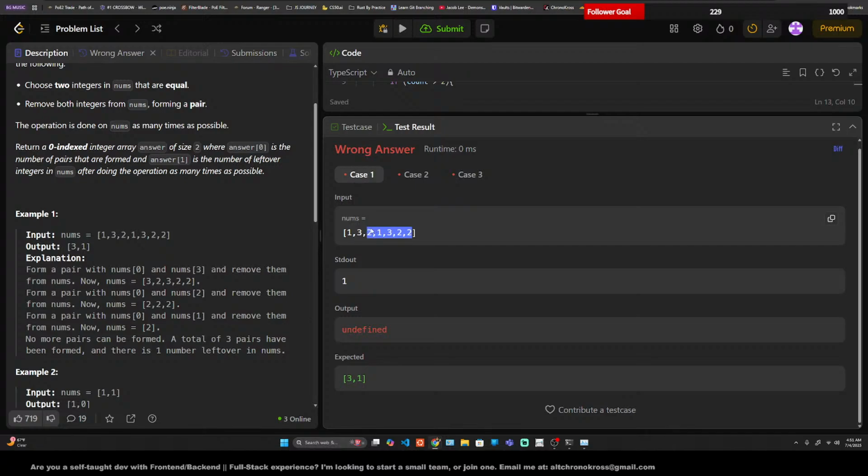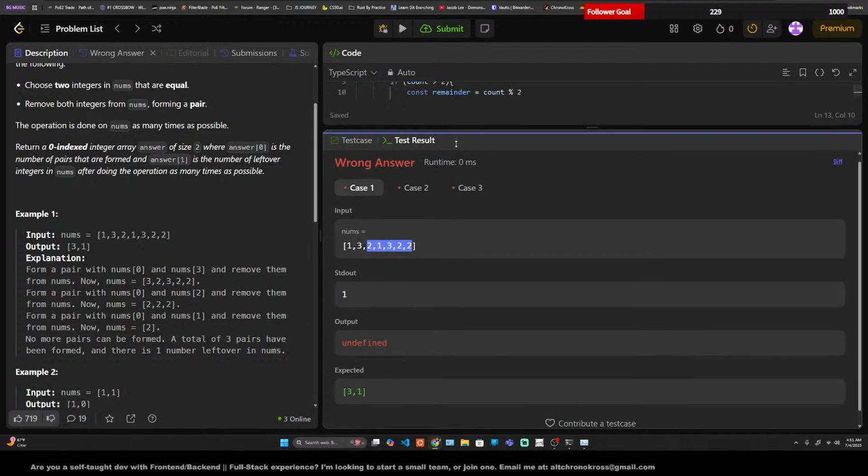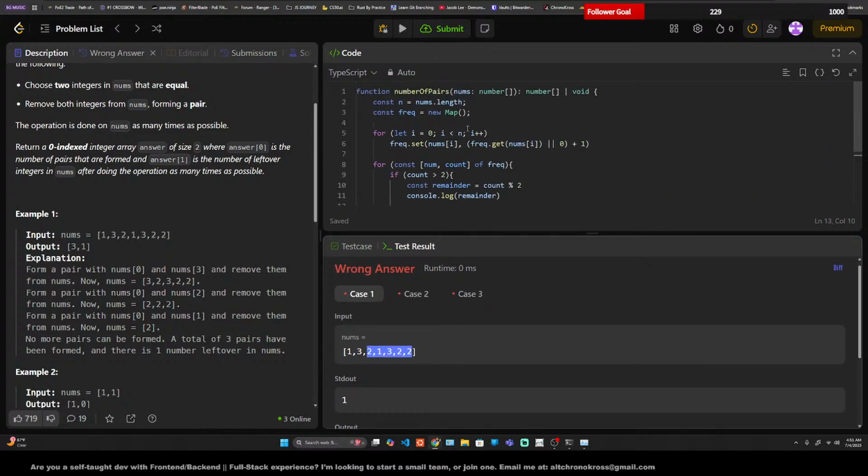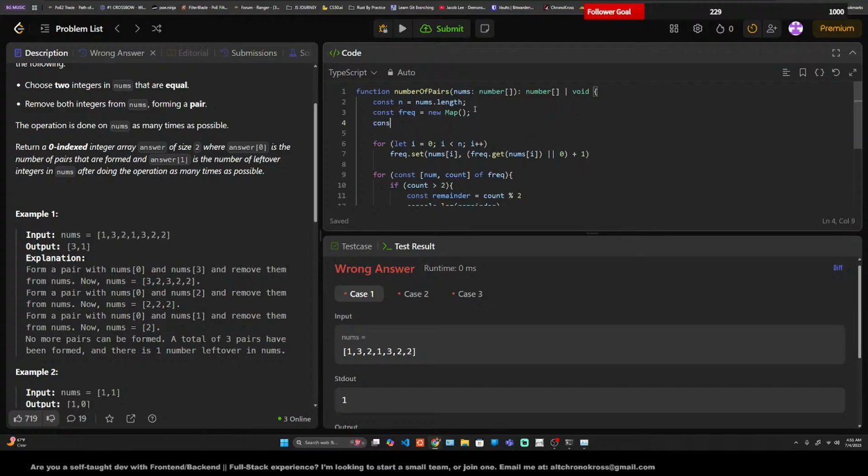So yeah, the 2's have a remainder of 1. So that can be the, hold on. That can be